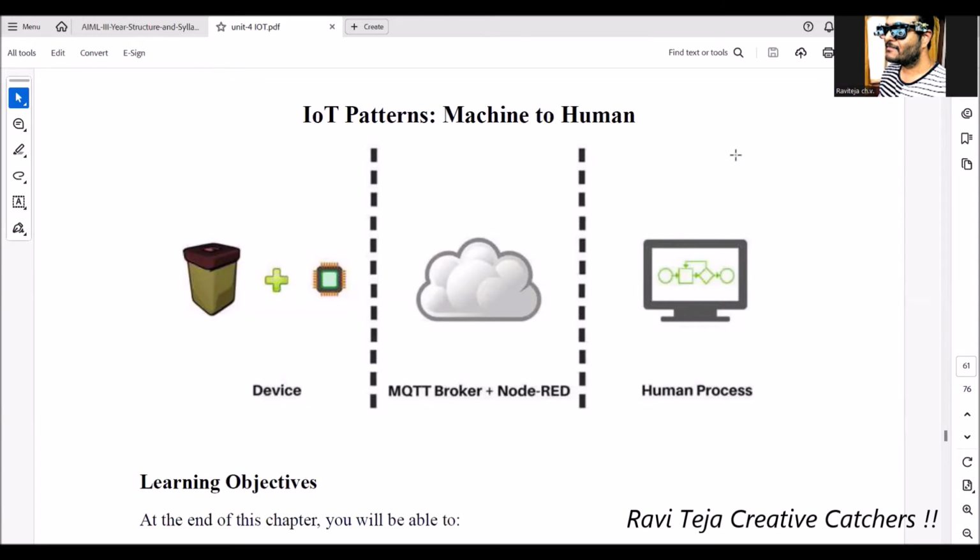Welcome to the course of Internet of Things, in short IoT. In today's class, we are going to learn a concept called machine to human application with respect to IoT patterns. In order to understand machine to human application, we are going to take an example called garbage monitoring system